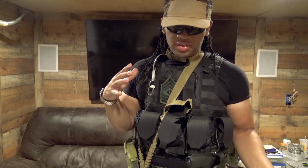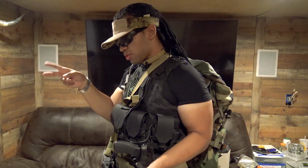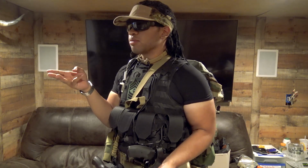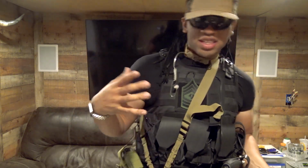We're going to be taking a nice good look at my current loadout. Now, this is the only loadout that I really have. Well, I do. Scratch that. I take that back. I do actually have two or three other loadouts. Three, if you include my ghillie suit loadout. But beyond that, this is the main loadout that I'm currently running, and it's mainly because this